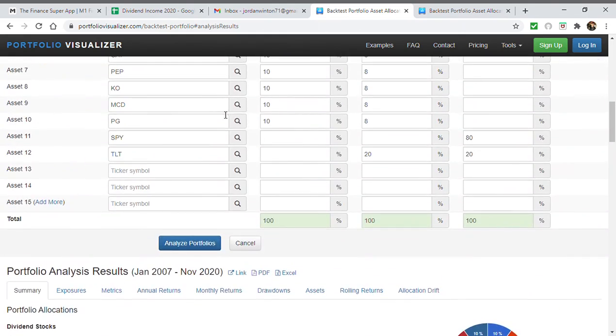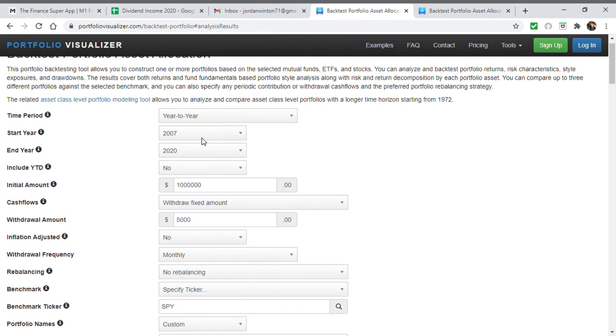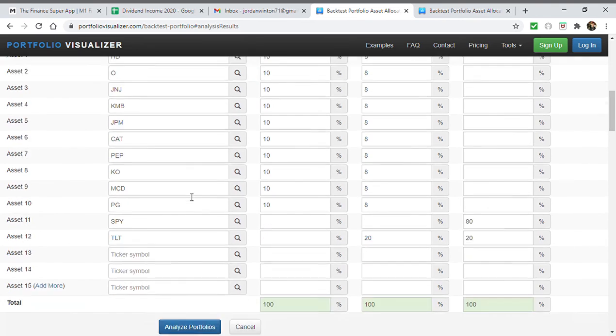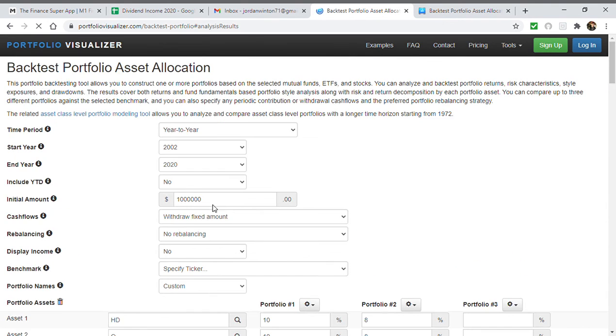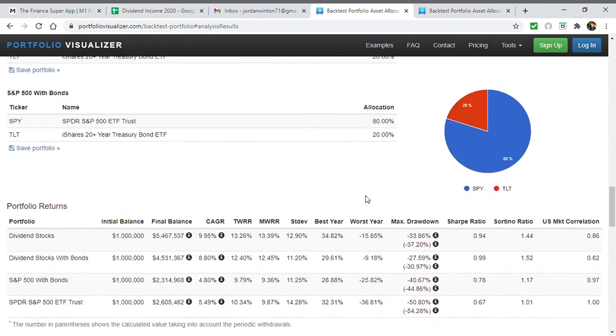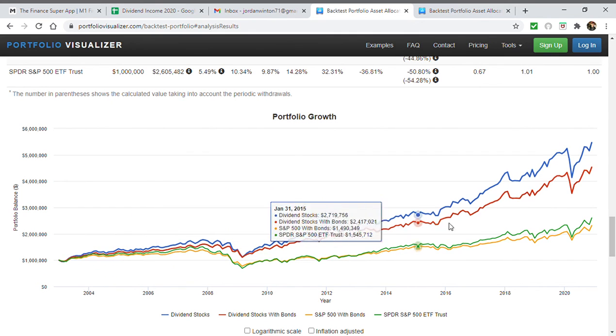If you go further out, let's look at some more realistic scenarios when you're not retiring at the top of a recession, okay? Let's go back all the way as far back as it'll go. I think the TLT goes back to 2003. Is that what it is? Yeah, so January 2003. This is the timeline. So if you go back to about the middle of the market, this is after the dot-com bubble. This is a couple years before the recession, so you have a lot more growth here. And this is how your portfolio will look over the course of that 2003 to 2020 period.